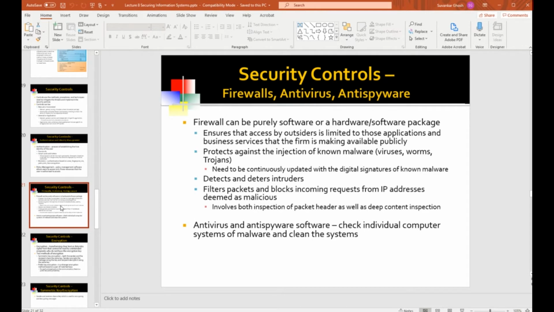So when some packet is trying to come in through the firewall from the outside, the firewall is looking at whether that digital signature is there in this stream of bits coming in. And if it finds that digital signature, then it has recognized a virus or worm or malware in general. But if the digital signature has not been put into its database of digital signatures, then it has no ability to recognize a certain piece of malware to be malware.